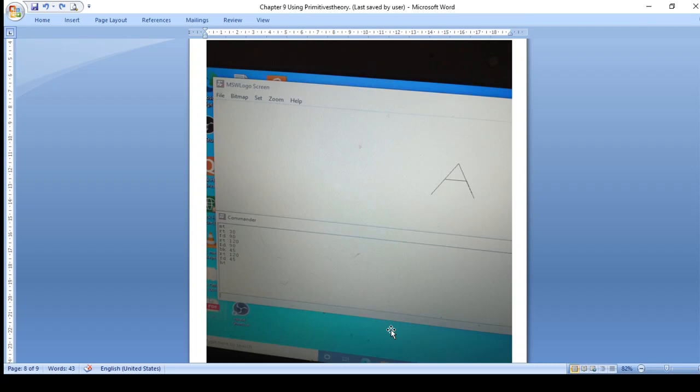Then in chapter number 9 you have primitives or Logo commands like clear screen, clear text, hide turtle, show turtle, pen up, pen down, pen erase, pen paint, and the last one, clean. Okay, clean command.